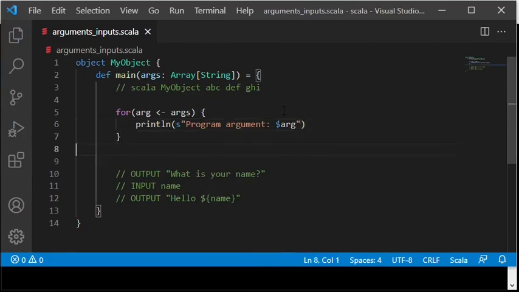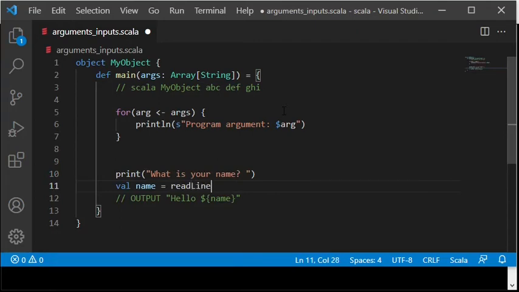I am using print instead of println to avoid line breaks at the end, since I want the input prompt to appear immediately after the question text in the same line. The method readLine can be used to receive input through the keyboard. That method belongs to the StdIn object, which will soon become imported. The method readLine will return the text entered by the user.